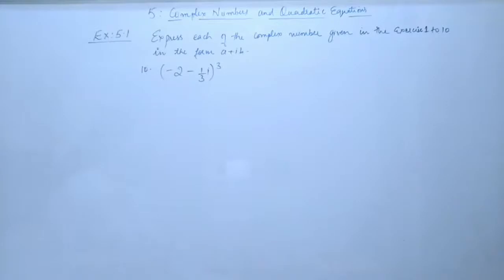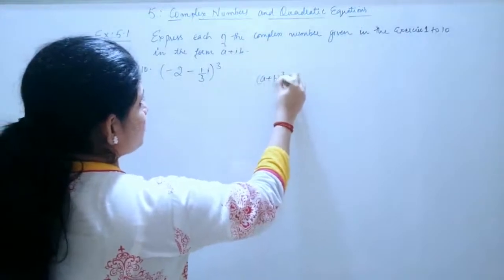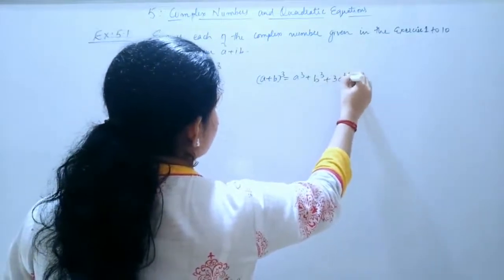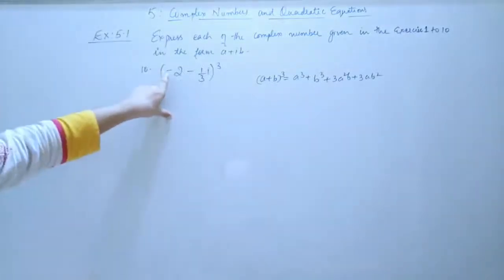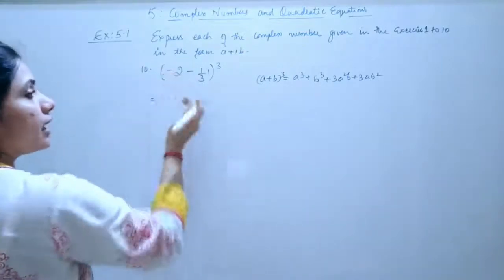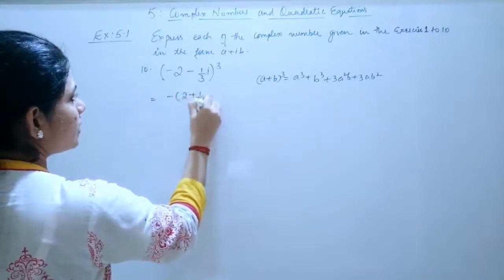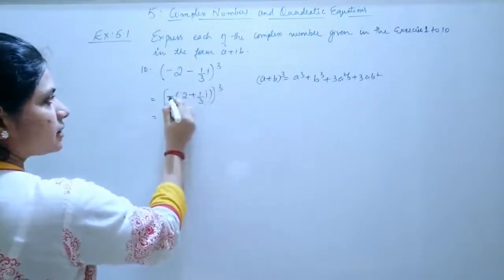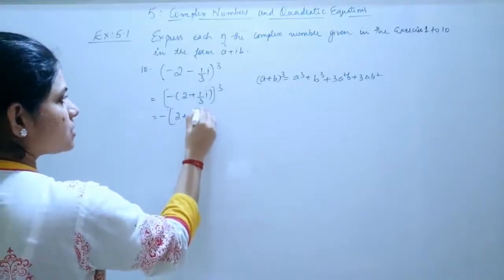Okay, (1/3 − 2i)... the whole cube. Again here you can use (a + b) the whole cube's expansion, which is a cube plus b cube plus 3a square b plus 3ab square. Okay, so here you can see negative on both the numbers. We can take out negative, and the whole cube will give you a negative sign altogether. That is, if I am taking negative out from both the things, it will become like this, the whole cube, right? Now if I apply this minus 1 the whole cube, I will get a negative sign outside, so the question reduces like this.